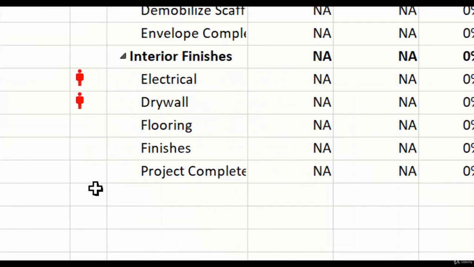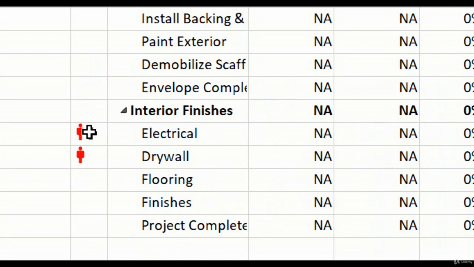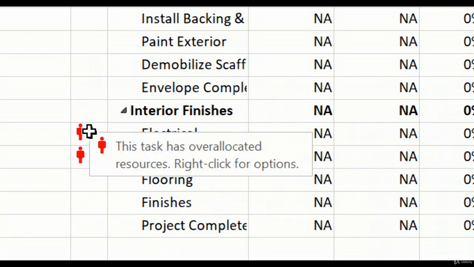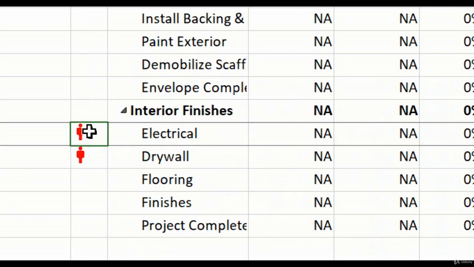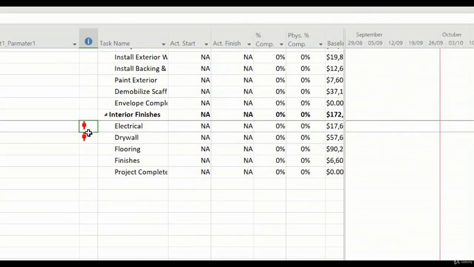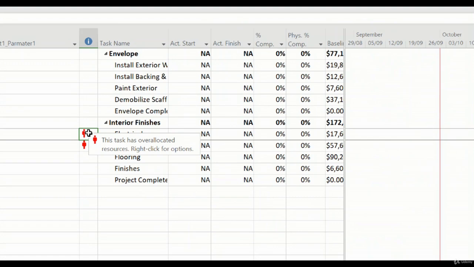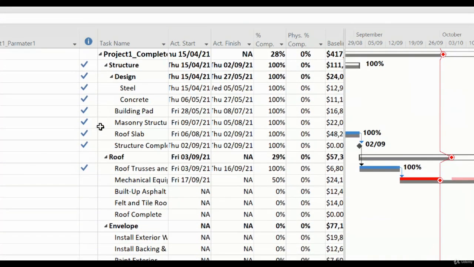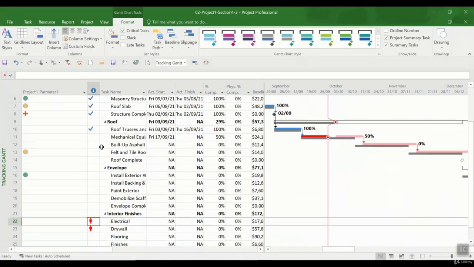Or if I scroll down, you see this indicator, and if I hover my mouse, it says this task has over-allocated resources, and it says right click for more options, then you can right click. So that basically gives you a glimpse of the project in a short, high-level view. Whenever you are managing, you are able to see the different indicators for each